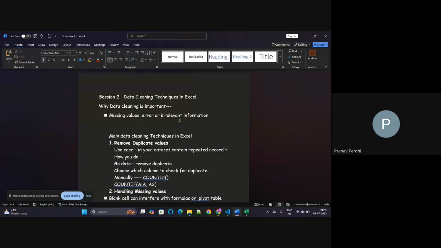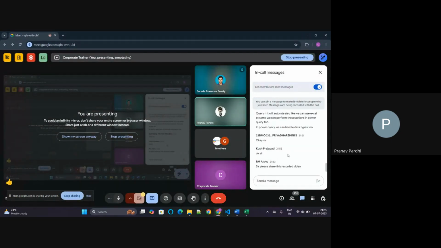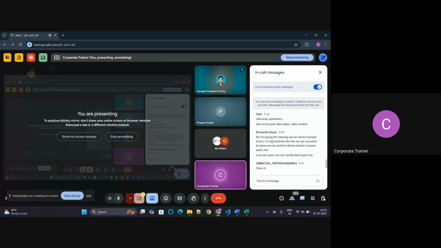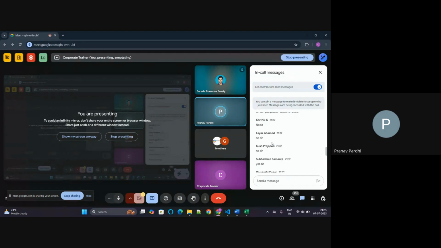Good evening, sir. My name is Pranav Patil. Sir, I have a question regarding the projects assigned to us. Sir, what kind of dataset should we take? I can see lots of questions over here. Yeah, you can tell me. Sir, whatever project we have been given, for example sales data, sir,